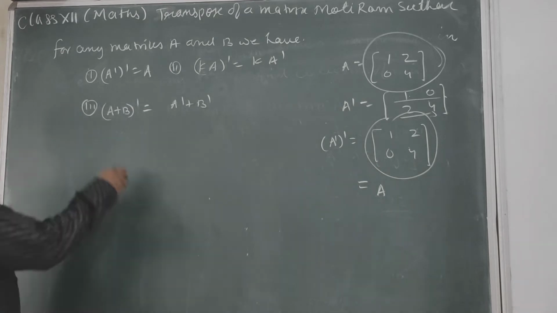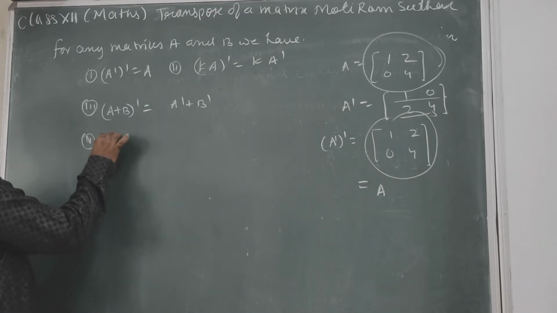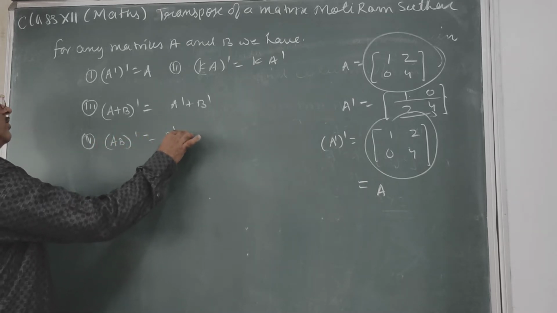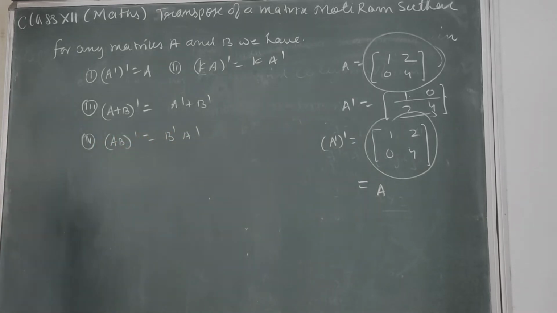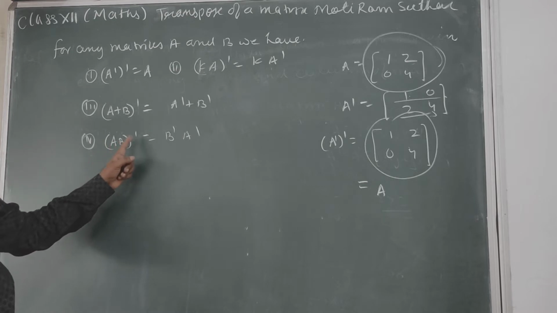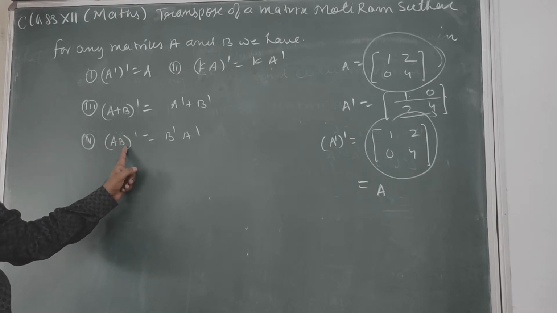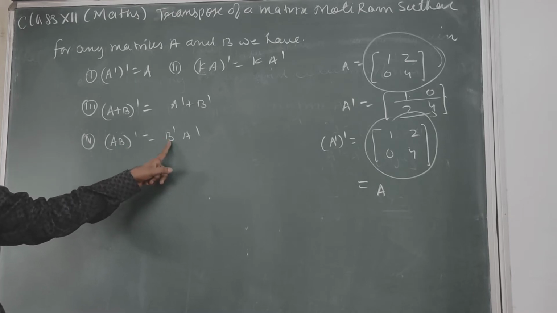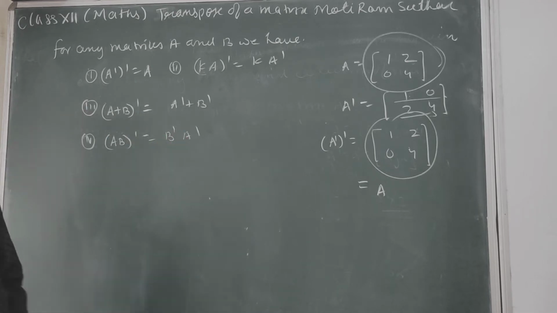Similarly, if you want to find the transpose of the product of matrices, this is a very important property. That will be the product of their transposes, but the order is changed. Very important, here the order is important. We said that multiplication is not commutative. That's why the transpose of AB is B transpose into A transpose. So these are some properties.